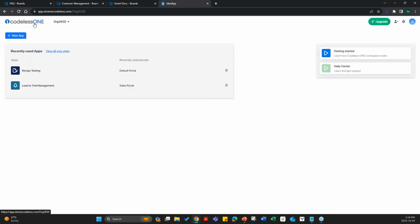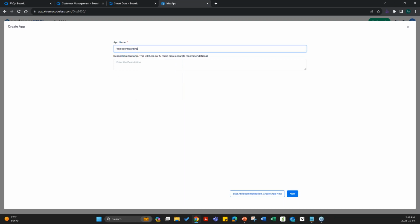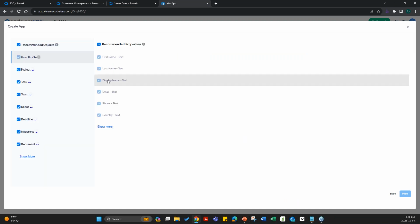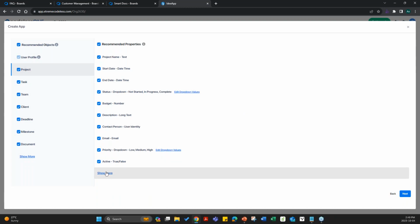So if you want to create an app, you basically say new app, and you give it a name of the application you want to build. So if you want to do project onboarding, you give it a name, you give it some description, and it does an analysis of what this application would need: projects and tasks and teams and milestones and documents and deadlines. And when you're okay with that, and of course you can go and see what these things are, you can customize your information model, you can ask for more,